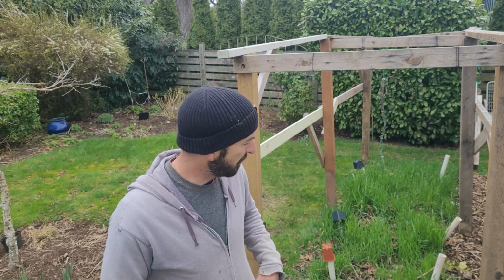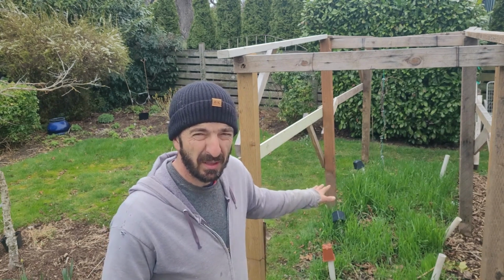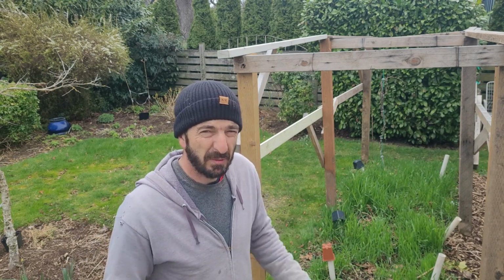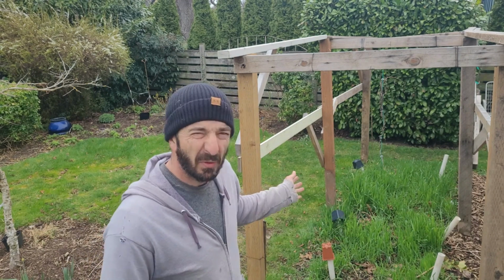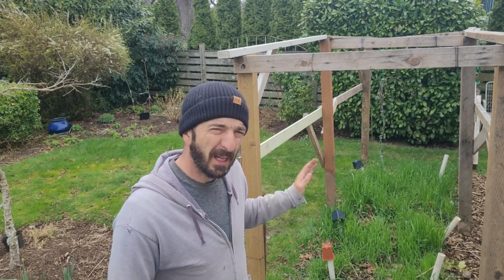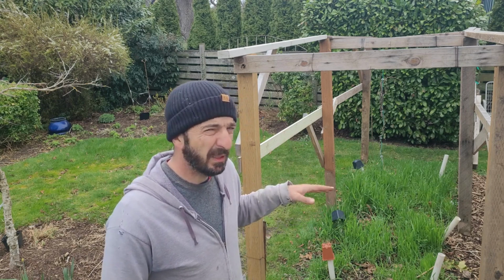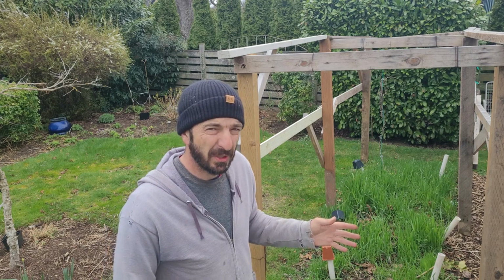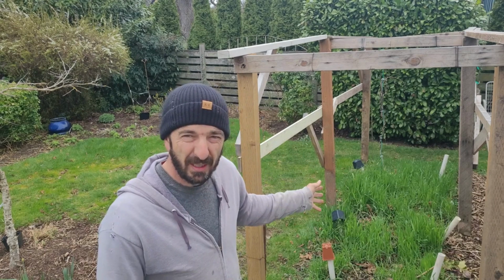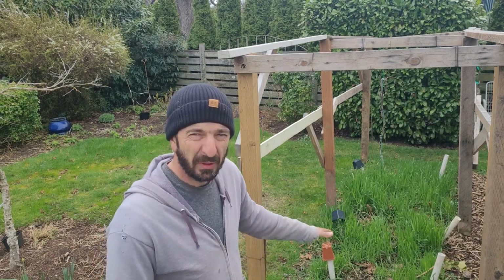Okay, so my question is, rye, unlike vetch, is much more vigorous. I could come in here and mow this right now, it would just shoot right back up. When we mowed our vetch down and covered it with the cardboard, it was basically toast. So what I'm looking for is anyone out there that knows the best way to terminate this stuff. I know I can dig it in. I prefer not to dig it in because we really like the no-till approach. The weeding is just so much less. So if anyone out there has any ideas, like solarizing it, or maybe cutting it, covering it with cardboard,